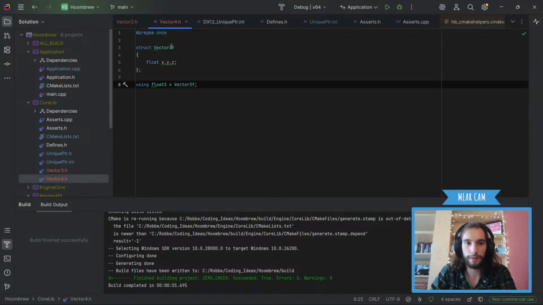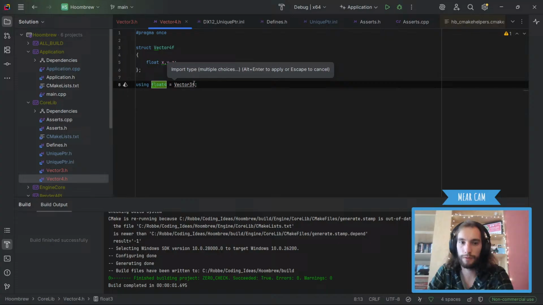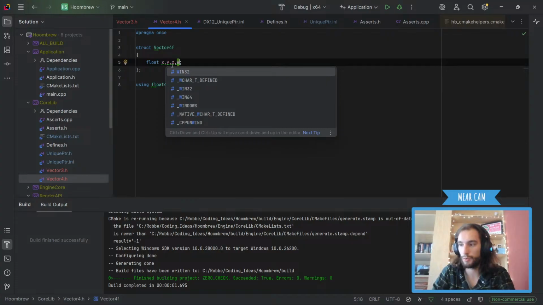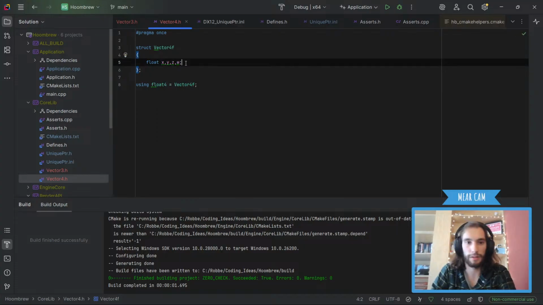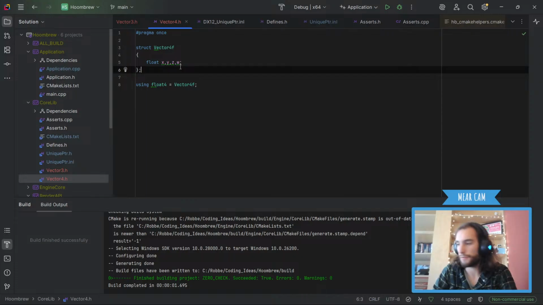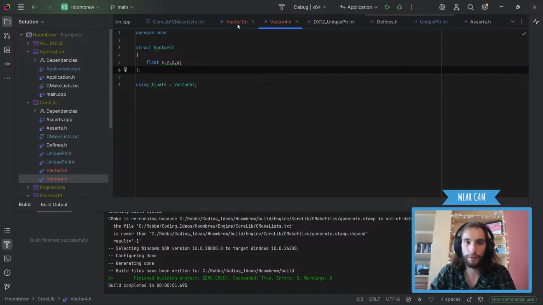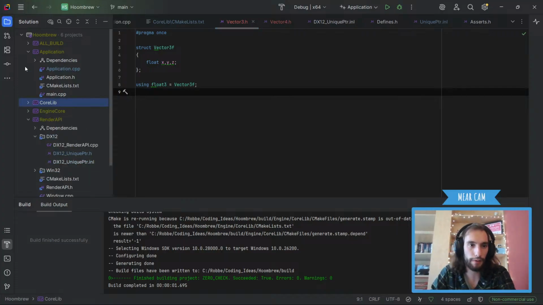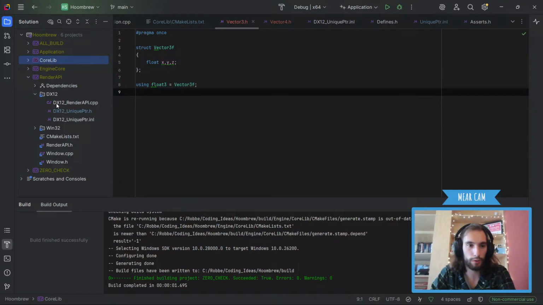Same thing for a vector4, which will be a float4 and a vector4. And that will be x, y, z, and w, which is standardly called the last element. Okay, that's those. So we got those. Now to make our vertex data, which, I mean, this might not be the best way. I need to have a think about how to do it properly, but for now I'll just implement what we need, which I think is a good way of doing things.